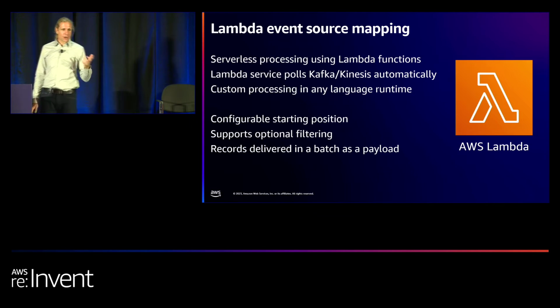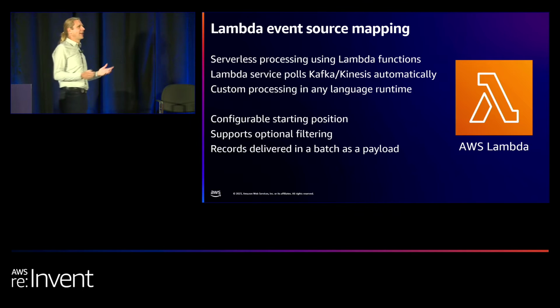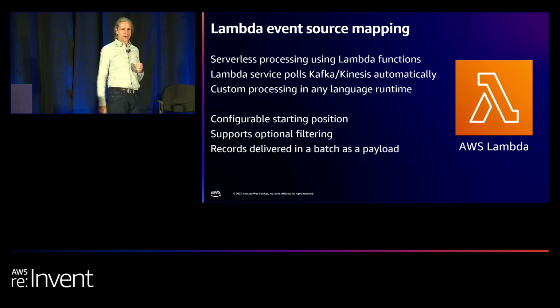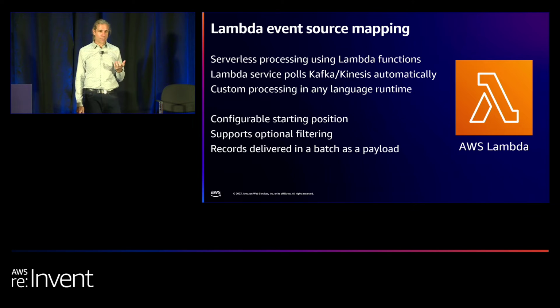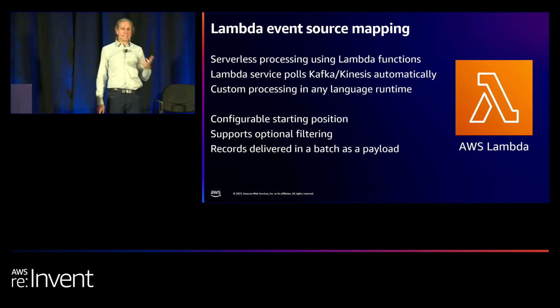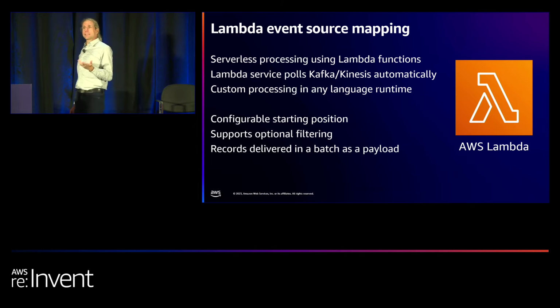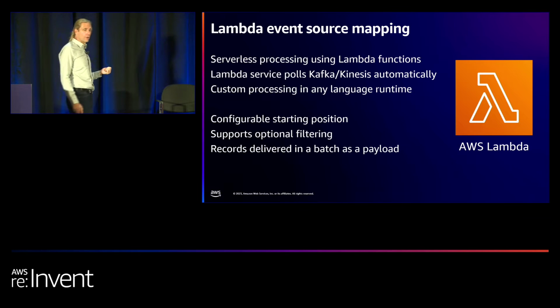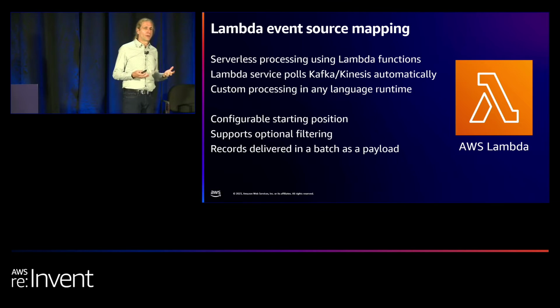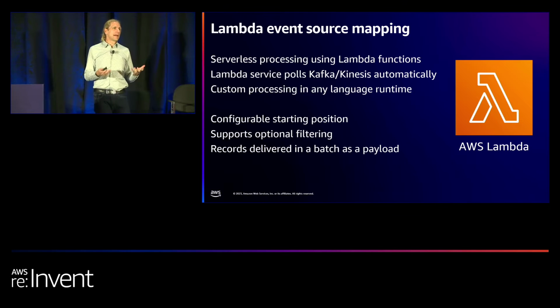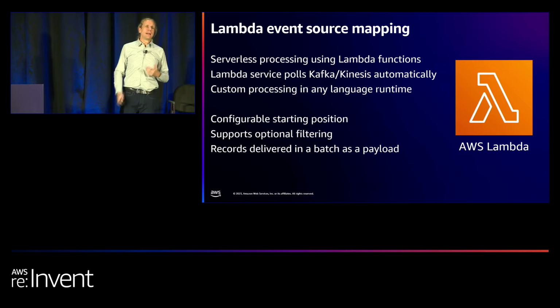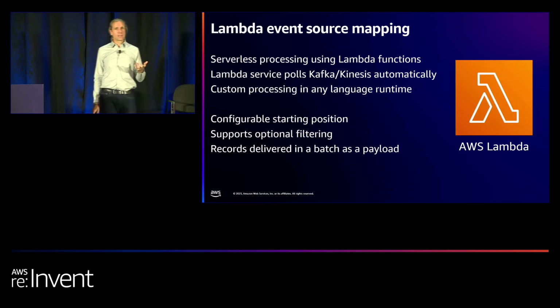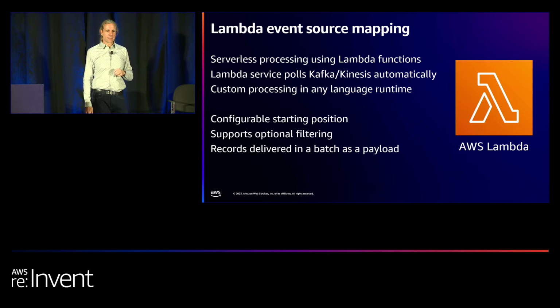We've got people using COBOL and PowerShell and PHP and Erlang, and Lambda is pretty much agnostic to your choice of language. And this is quite a useful thing because it's much easier to have multiple consumers, and multiple teams can write their own Kafka consumers in different languages. That may be super useful, particularly in the Kafka world where a lot is in Java. You may want to have some teams who are more proficient in Python. They can easily write Python applications without having to worry about all the polling that's happening in the background with Java.